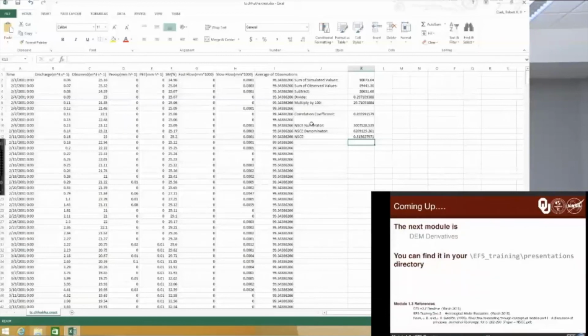So that concludes the EF5 overview. The next module is DEM derivatives, in which we'll